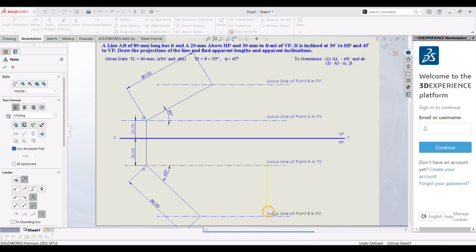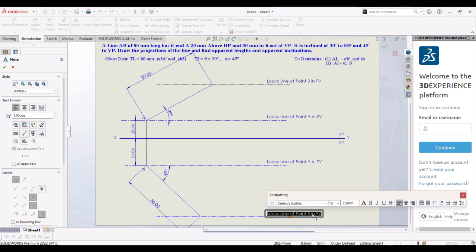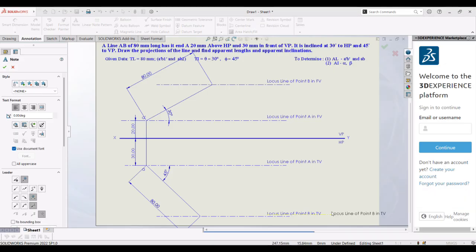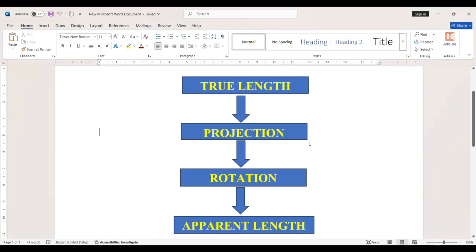Come to the last locus, call this one as locus line of point B in top view. All the locus are updated. Please do remember this flowchart. Whenever you are having true length has to be projected, that has to be rotated, thereby we are getting the